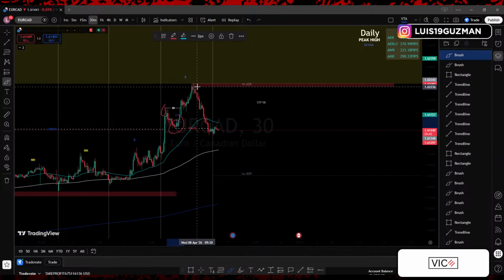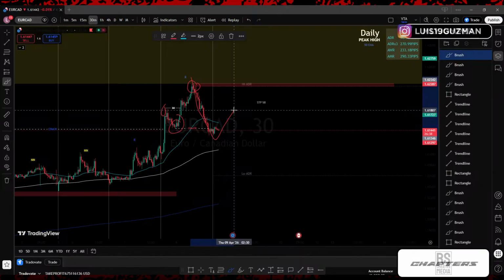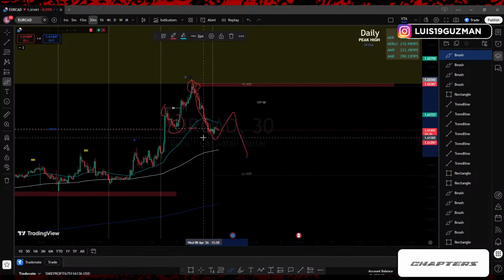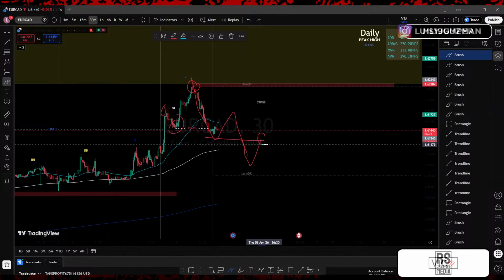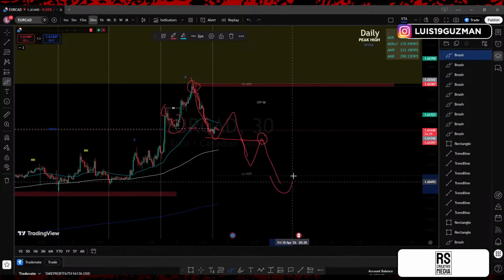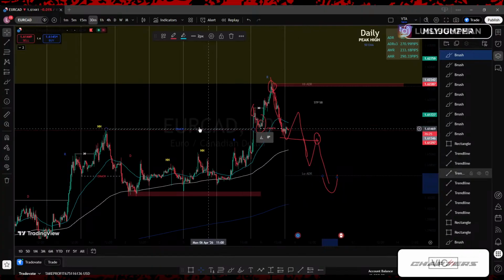Higher high, higher low, higher high, boom. Lower low, change of character. I'm looking for a lower high point to be made. Then I'm looking for the break of structure to be given, another lower low point, to then get in at the lower high to continue these downtrend pushes down to the bottom. Without that break of structure, price could do the exact same thing that it did here.